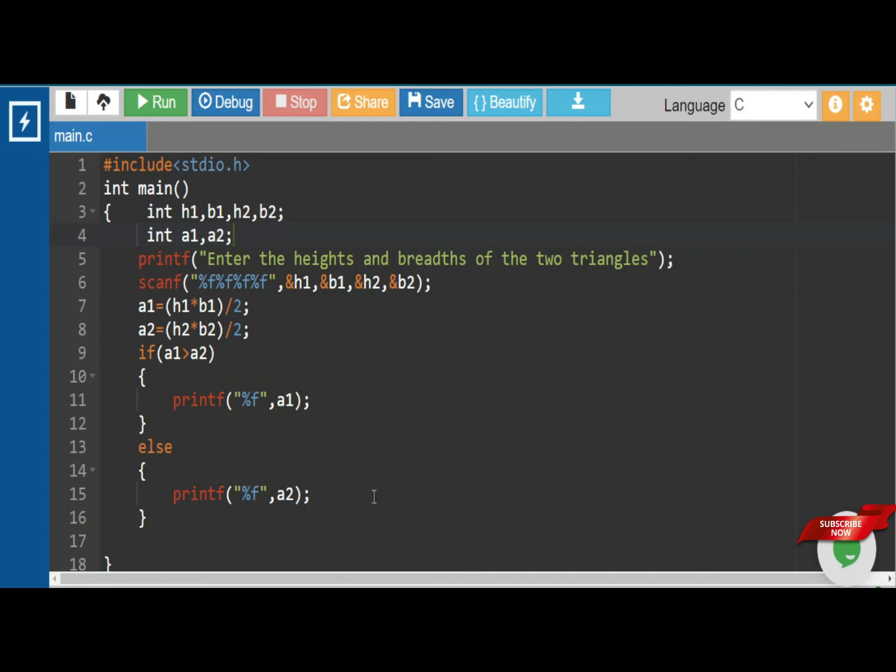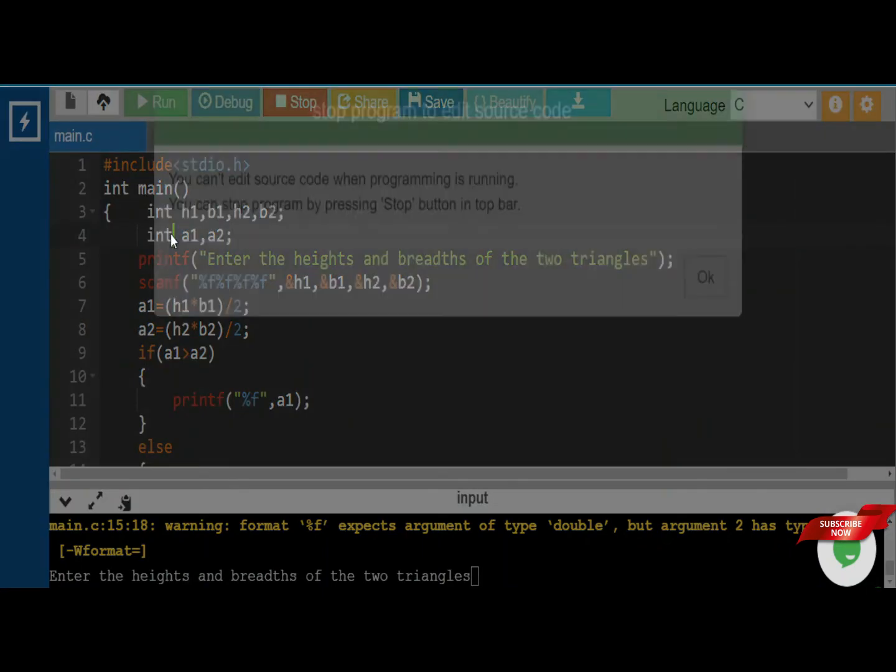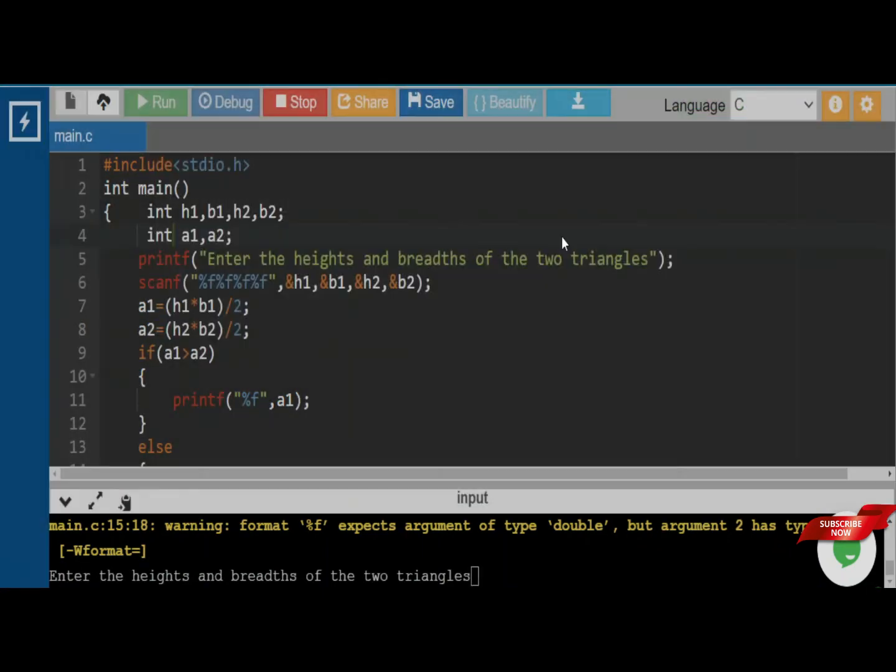Let me check once again. There are some errors. Format expects argument of type double, but argument 2 has type int. Argument 2, yeah, we have done a mistake here.